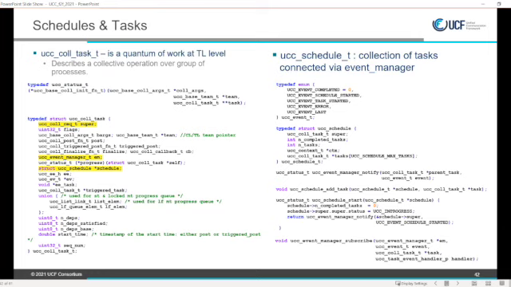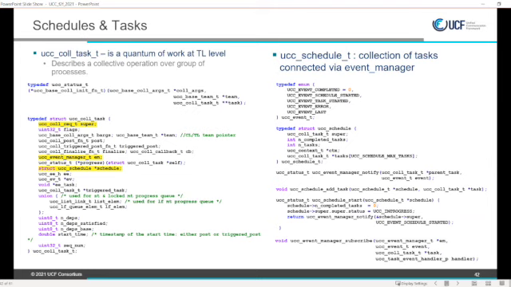The task is the minimum amount of work that a TL does. The task represents a collective operation over a TL. In UCC, we have a common interface so that a TL can initialize a task and give it up to the CL or core level.